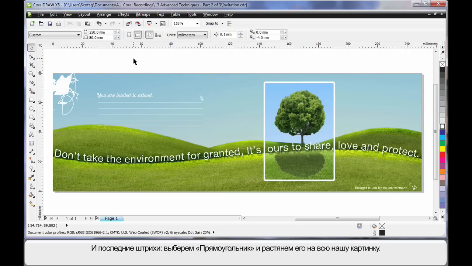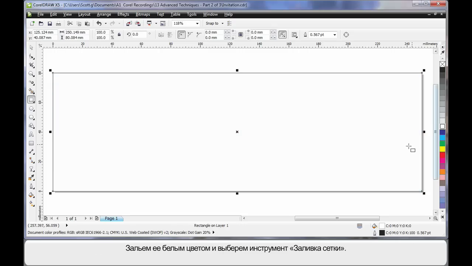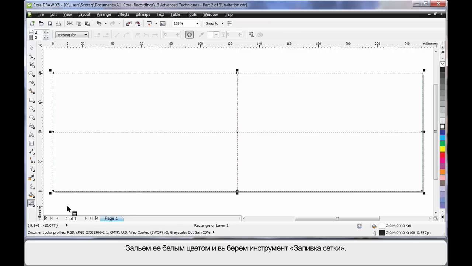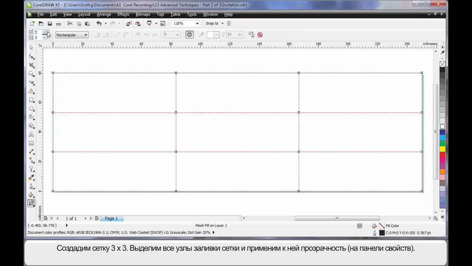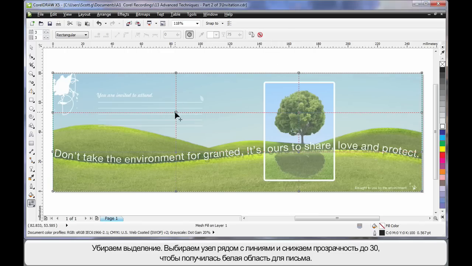Now for our final touches, I'm going to select the rectangle tool and click and drag. Create a perfect rectangle over the outside. I'm now going to fill that with a white color, then come down and we're going to select the Mesh Fill tool. Now the first thing I want is a 3x3 grid, so I'll up the grid, select all of the nodes of my Mesh Fill, and the new transparency becomes active on the property bar. We'll adjust that to 75, deselect, then I'm going to select the node near the text,